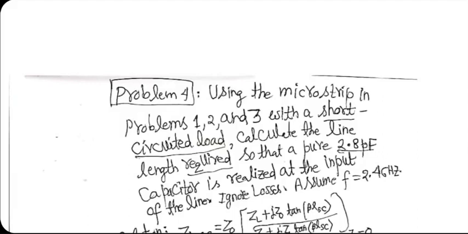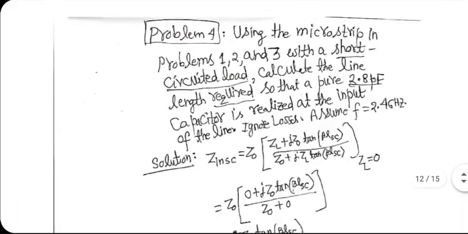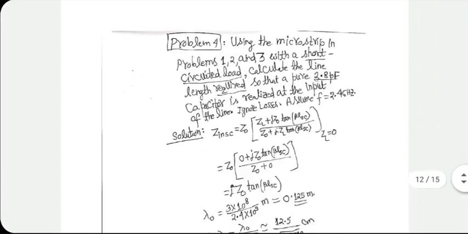So I'm repeating the theory once again. If it is a short-circuited line, the input impedance, I'm calling it ZIN SC, will be given by this formula with ZL equal to 0. So that gives you JZ0 tan beta L. And because we are talking about the short circuit case, I'm calling it LSC. So ZIN SC has to be this formula.